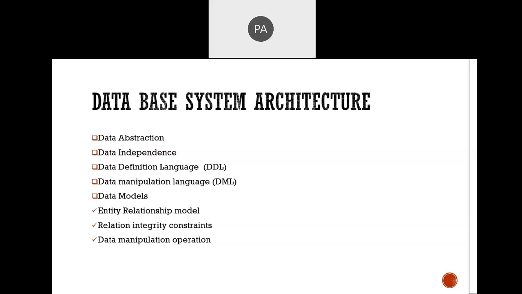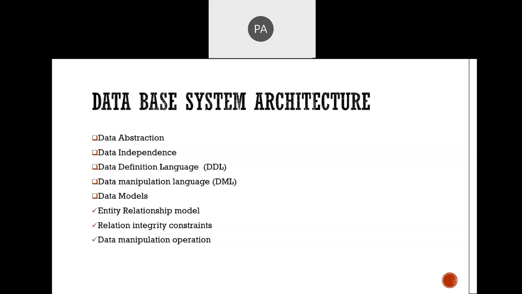So in that we'll discuss data abstraction, view levels, data independence. What is the meaning of data independence? While doing the relationship, or we can say the logical level, one table's relationship with another table, one column's relationship with another column, in that case there is a chance of data independence because the DB is not responsible for that. और जो भी clashes होते हैं, जो भी complexity create होती है, उसे data independence कहा जाता है. We'll do that. फिर उसके बाद में data definition language, data manipulation language, data models, ER model, relational integrity constraints, and data manipulation operations. So like that structure we will learn.